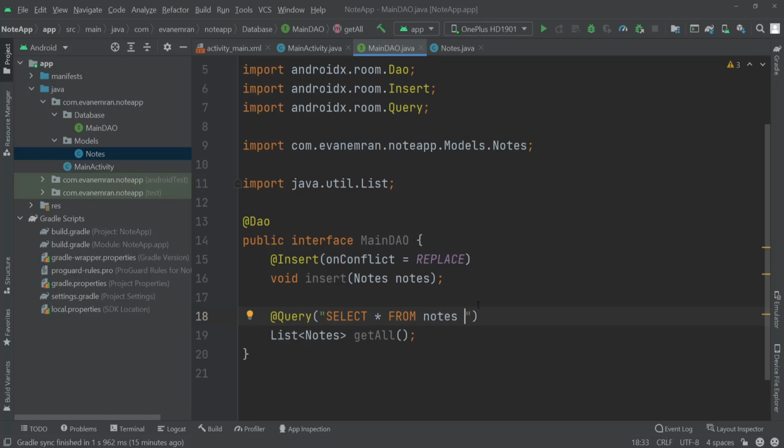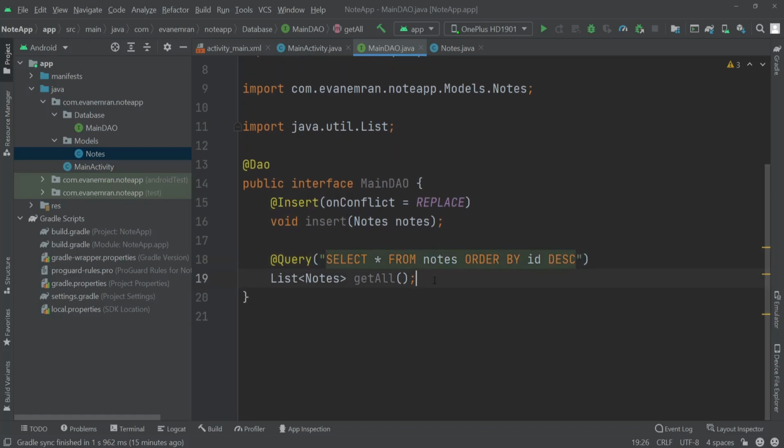If you don't want to do that, you can leave this. I'll write order by ID, and the order would be in a descending order. Okay, so this query will return us all the items from this nodes table ordered by the ID with a descending order. All right, so we got the method for getting all the data, and then we need another method